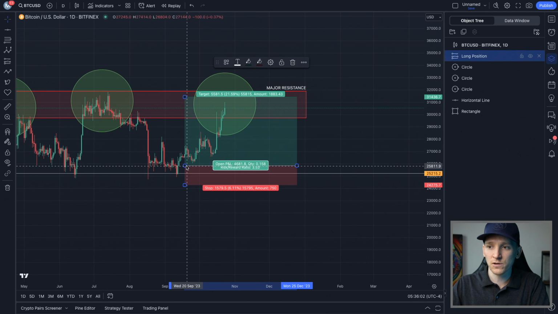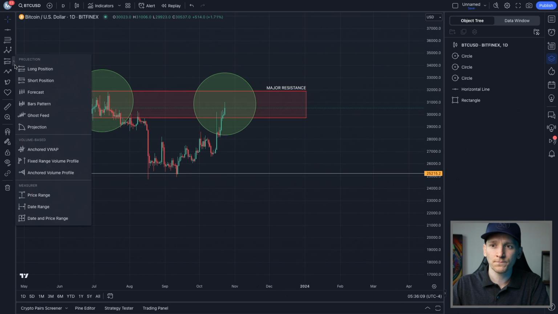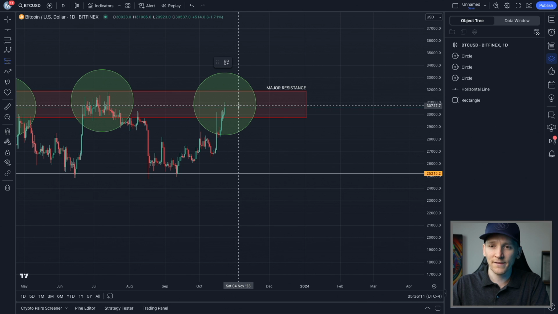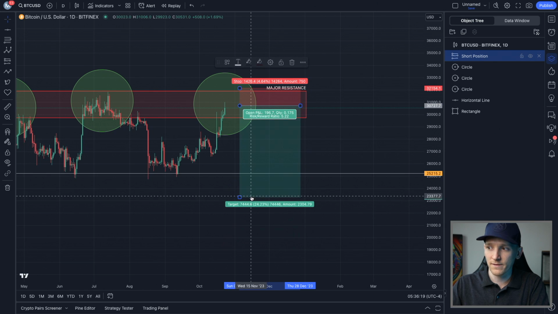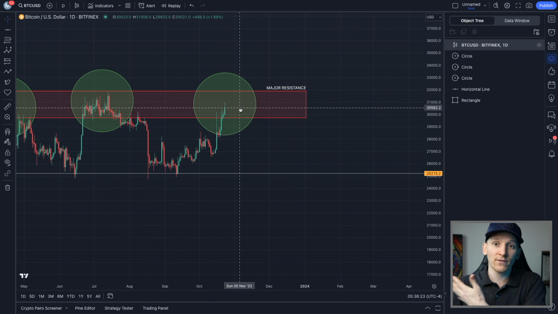So that's for a long position, right? Your entry, stop loss, and a take profit. It's the exact opposite for a short position. So you would enter here. Let's say we're selling, going short. Then the stop loss is above because obviously we'd lose if the price went up, and the potential take profit would be wherever you place it here. But you can see the price levels on the chart,